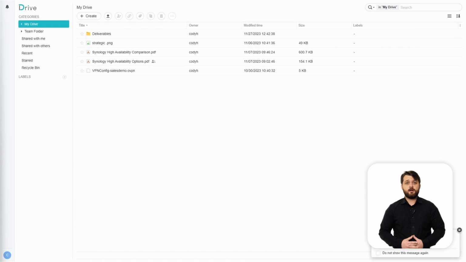So here we are back in our Synology Drive web portal. We have Synology Office installed, so let's look at the new features that were added now that we added this specific package into the mix. As you can see, we have those same deliverables, those PDFs, etc. If we go to the create option, you're going to notice that there is the ability to create documents, spreadsheets, and slides as well. And that is Synology Office at work here inside of the web portal.